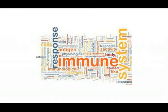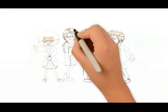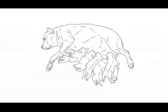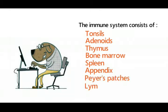The cornerstone of good health is a properly functioning immune system. As we learn more about the immune system, we are prompted to shift away from treating illness and begin working to prevent it. This approach begins with a focus on strengthening the immune system. Strengthening the immune system of the entire animal world, starting with the newborn, should be a top priority for all animal caretakers. The immune system consists of the tonsils, adenoids, thymus, bone marrow, spleen, appendix, Peyer's patches, lymph nodes, and